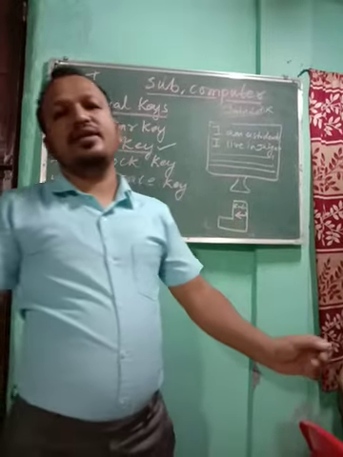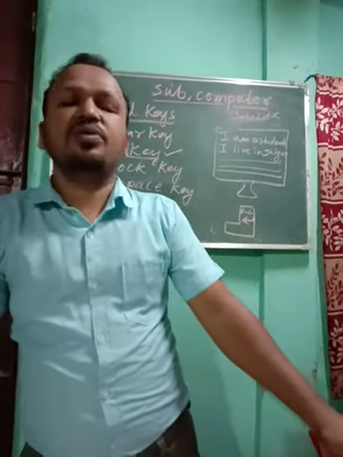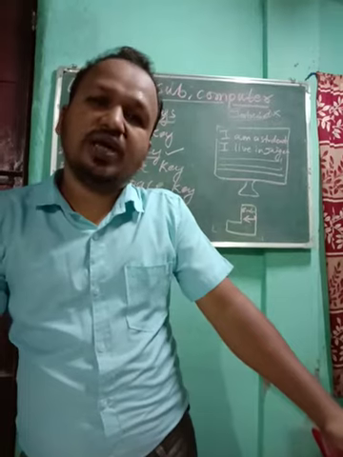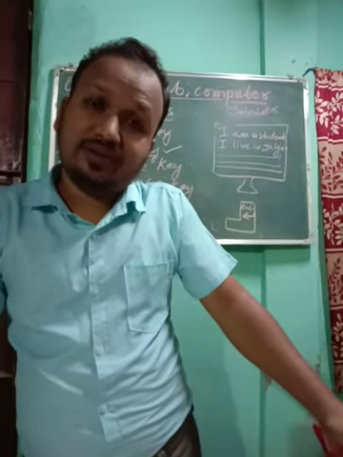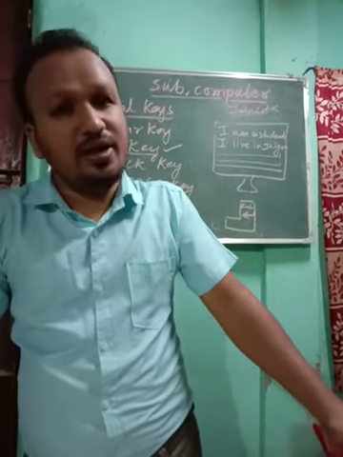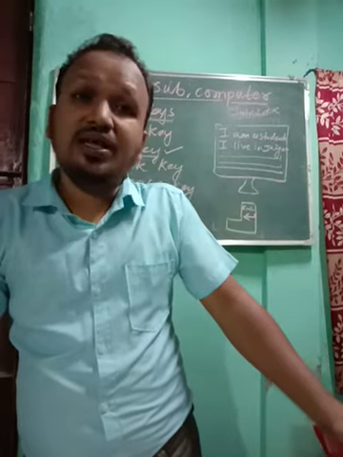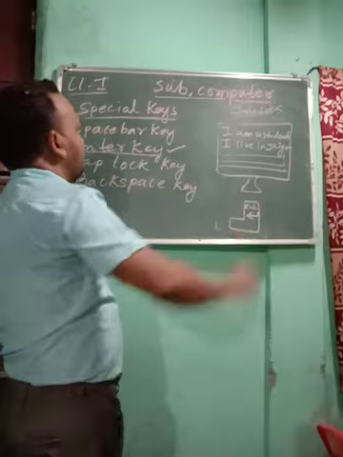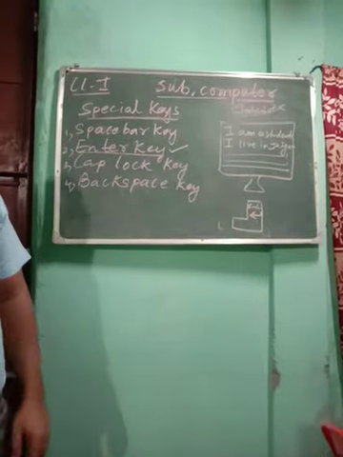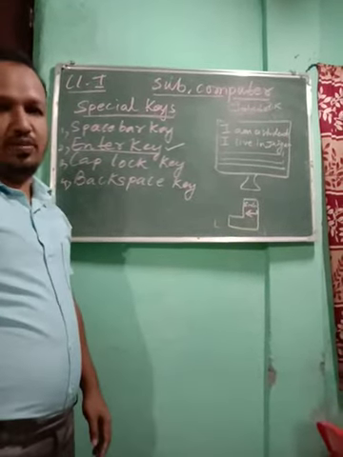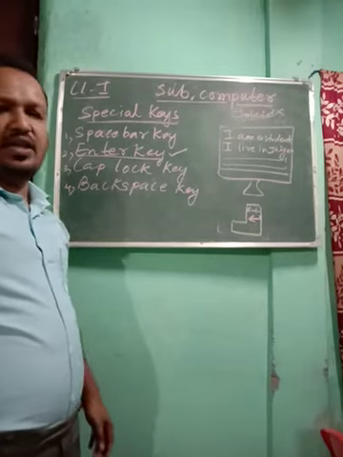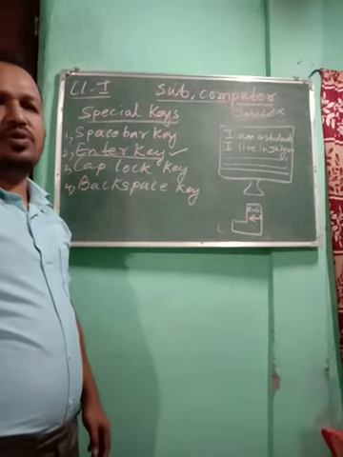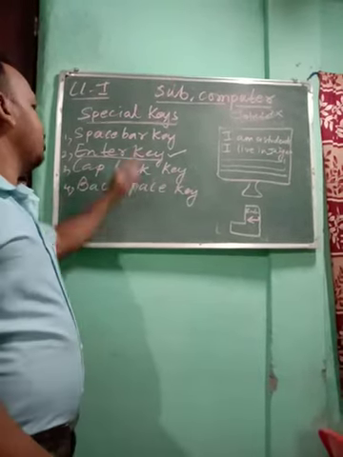So every time when you go to a next line, you will press enter key. Children, without pressing enter key in a computer, we cannot go to the next line. So this is the importance of your enter key, and this is one of the special keys. Children, once more you see, yesterday we already learned about the spacebar key. Spacebar key is the longest key on the keyboard. And what is the use of spacebar key? It is used to give a space between the words. So that we have seen.